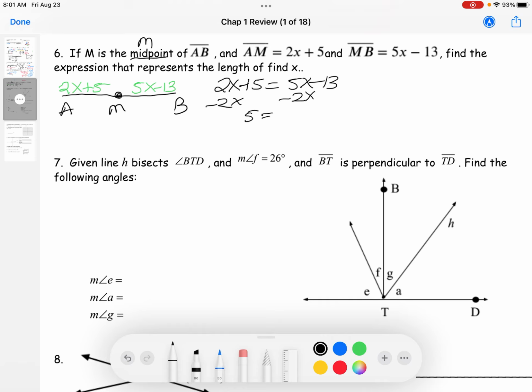Okay, so I've got 5 equals 2x minus 13. Okay, so I'm going to add 13 to both sides. So 18 equals 2x. I'm going to divide both sides by 2. Oh, sorry, I made a mistake. Let me go back